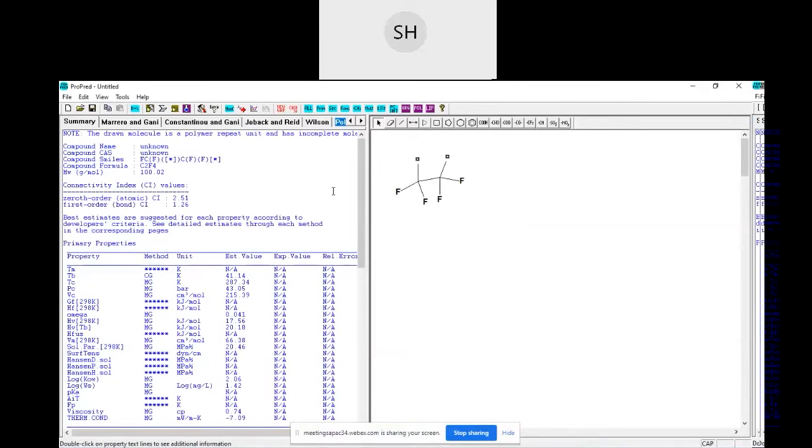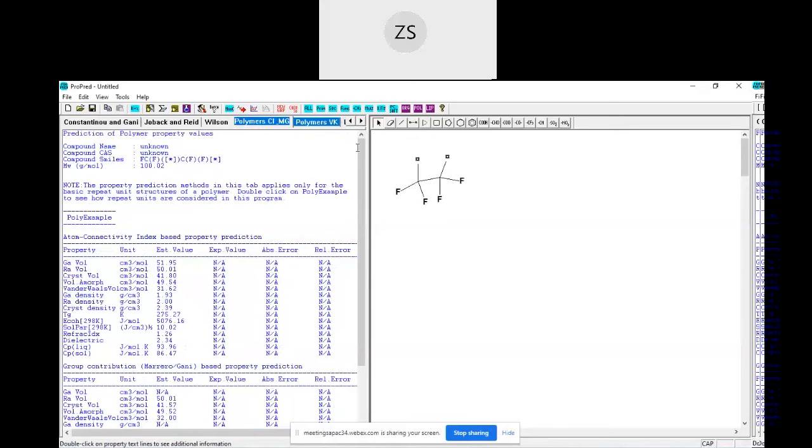In the ProPred, we can see the chosen molecule, which is CF2, is shown that it is a polymer repeat unit. So it's actually answering the question.